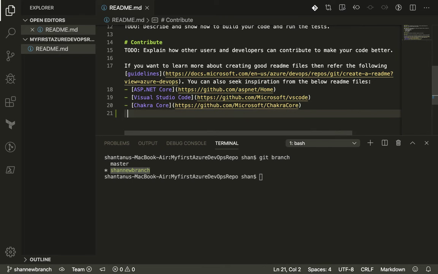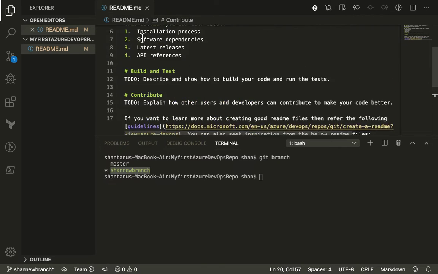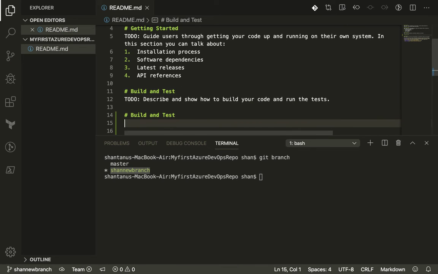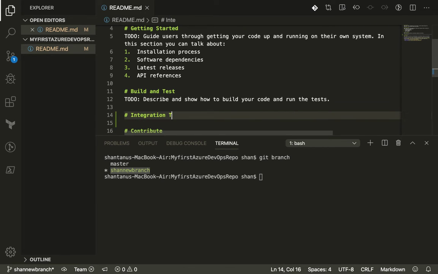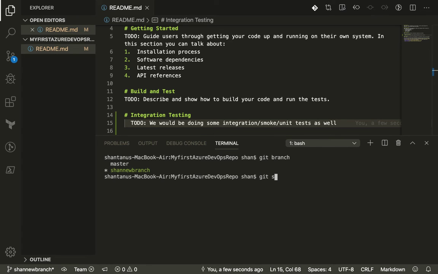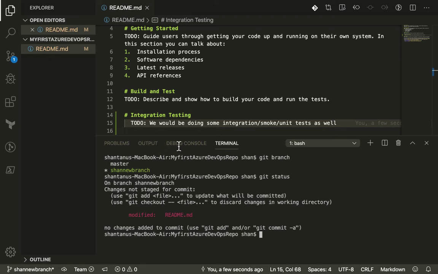Let's make some new changes. Let's probably add some more fields, and let's talk about integration testing, and let's say to do, we would be doing some integration, smoke, unit tests as well. Alright, now if you do a git status, you would see that you have edited the readme and that's what it has detected,